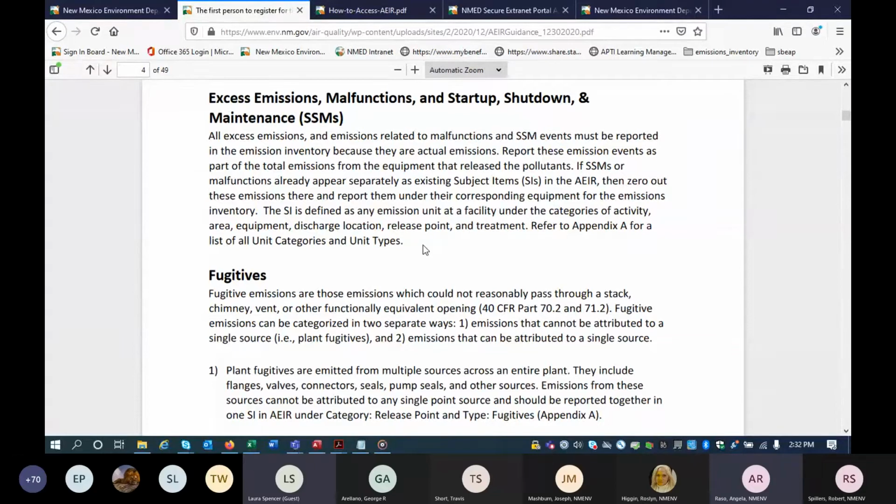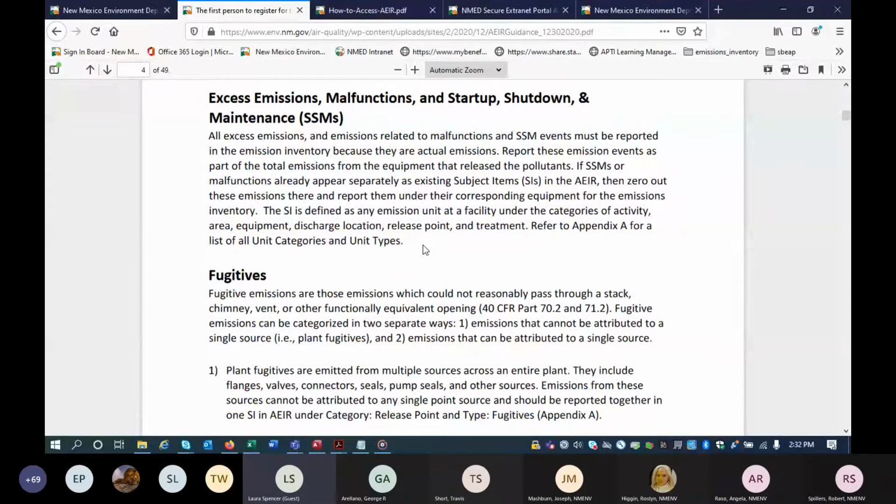I understand that on a conceptual level, but we do have two different scenarios that we've had permitted at our sites. One is where the engine itself is permitted, and then the compressor is a separate process unit, and the blowdowns would actually happen at the compressor. And it makes sense to report those emissions there.